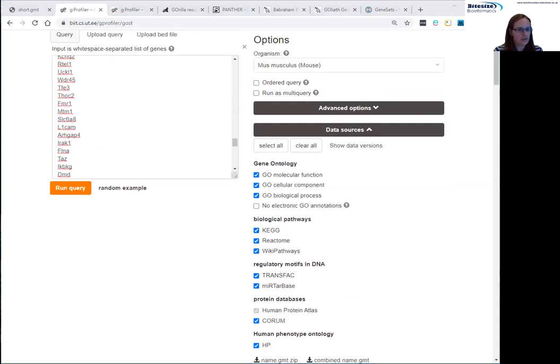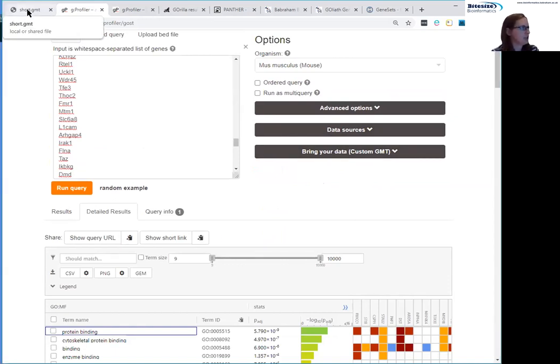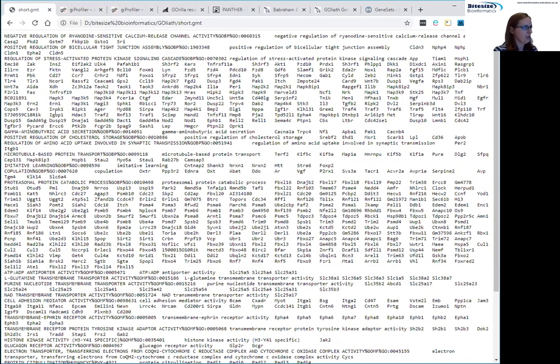So we could upload a custom GMT file, which is generally what is used, that includes our set of functional categories. So this is a small example of one of these,